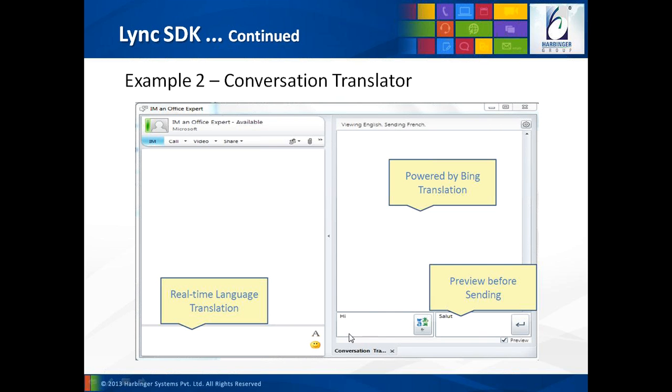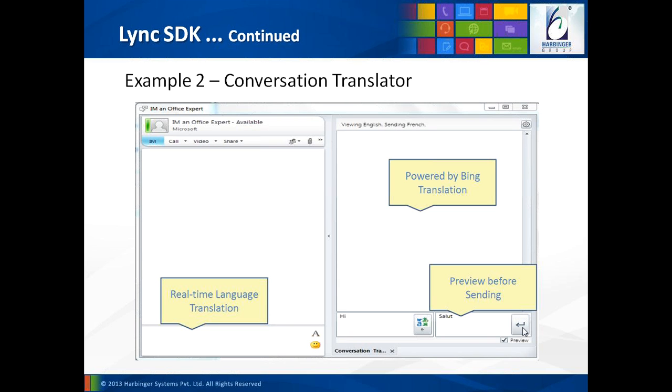So the text box on which I am hovering right now, I type in English text over here, and it will be converted and translated, and it will appear in the text box right here. So as soon as I hit the arrow button, the French text, the translated text, would be sent onto the conversation flow as contextual data, and my French friend will be able to see the text in French.